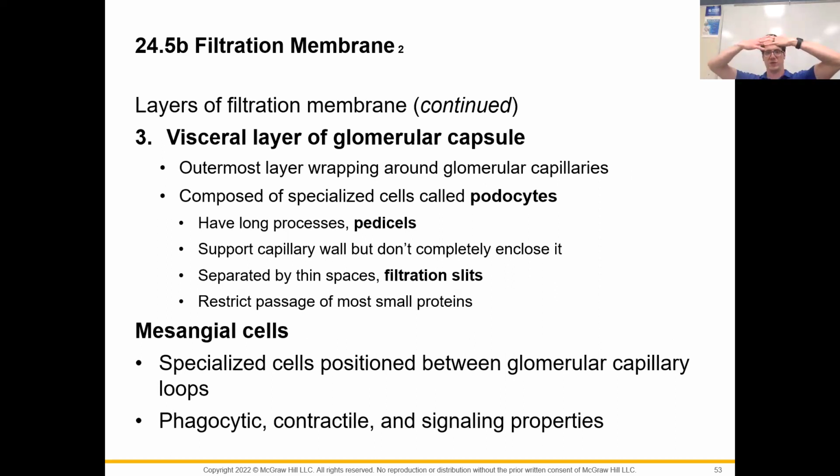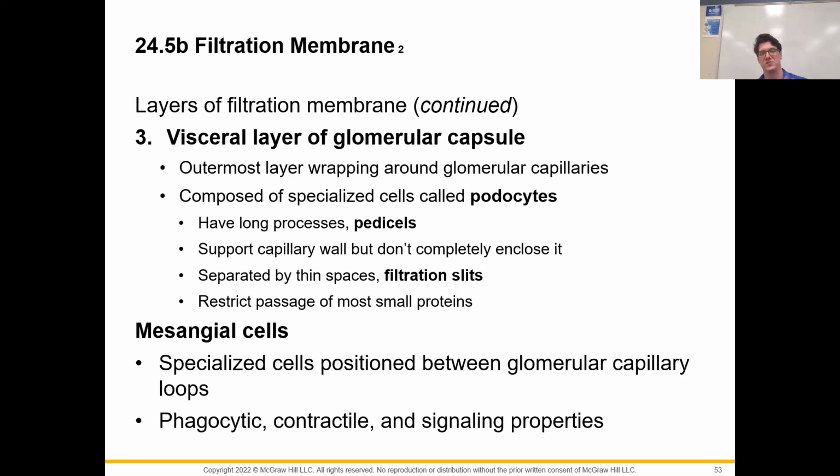So this is the outermost layer where we have those special cells called podocytes with those long processes called pedicels, where those are going to overlap. And the spaces between those pedicels are what we call filtration slits. The space in between those pedicels is going to determine the size of the things that can pass through them. But these are basically going to restrict passage of everything that is the size of a small protein or larger. Okay, so amino acids, fat,